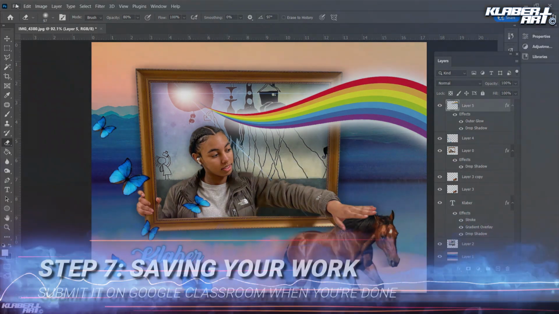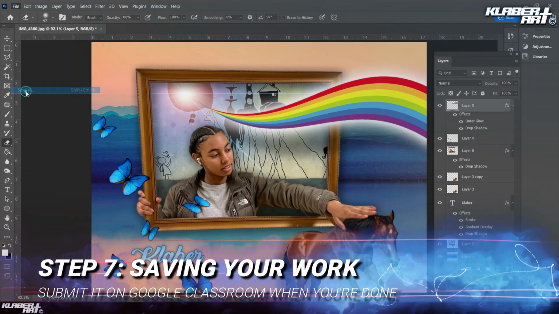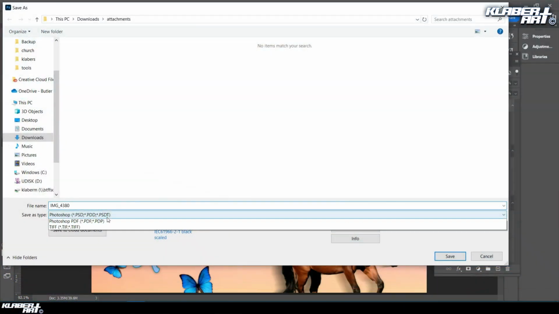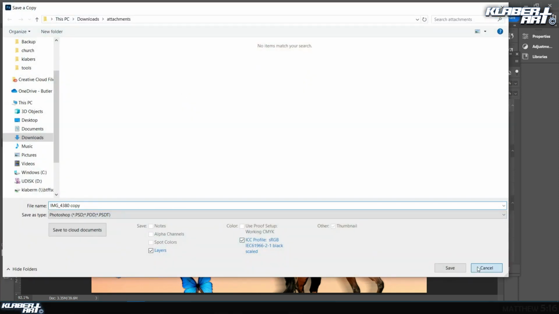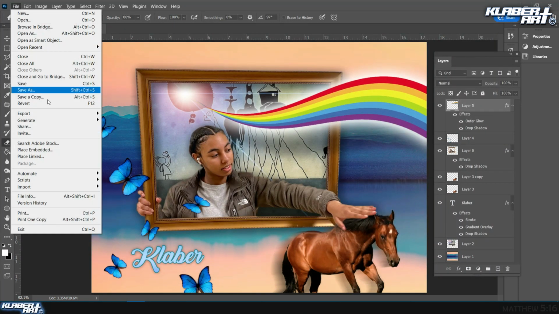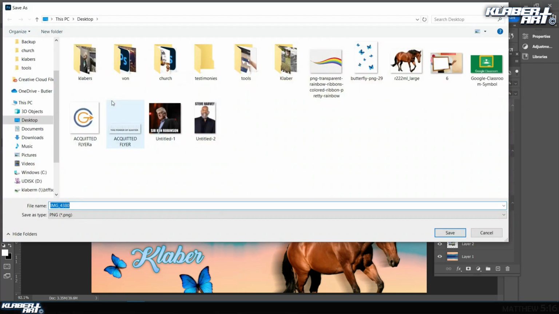And then yeah, you just go File, Save As, save a copy if you want it to be a JPEG. I always strongly suggest going File, Export. Quick export as PNG, and then